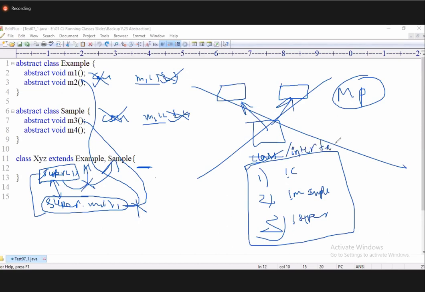Then they have introduced a new keyword called interface. Interface doesn't have a constructor, interface doesn't have methods with implementation, interface doesn't accept super keyword reference. With these three changes, interface is introduced. So if I create this abstract class as an interface,